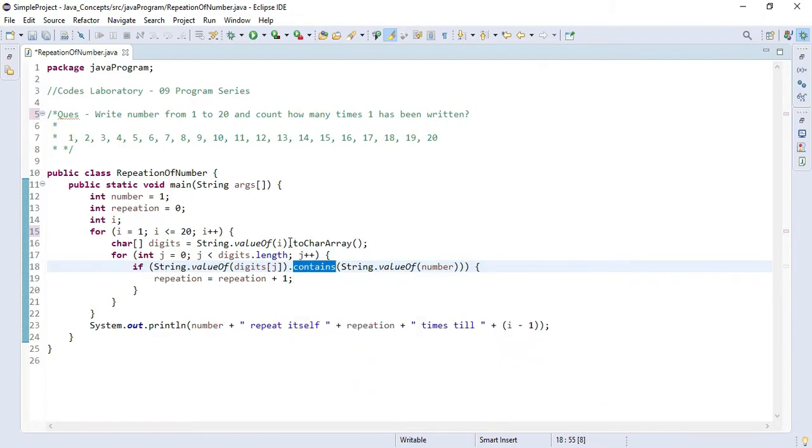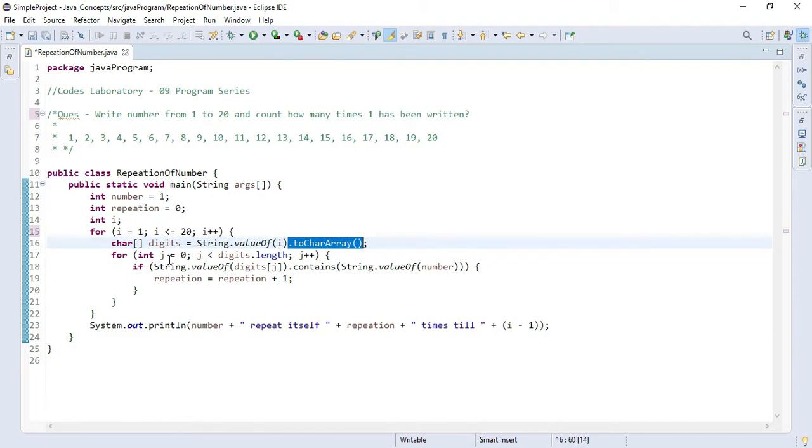And as you can see, I have used another method, toCharArray, and this will help to break the integer which is having length more than 1. As you can see, 11 contains 1 twice, so I wanted to check that. So in order to achieve that, I have used one idea: if I break this string into characters, it will be easy for me.